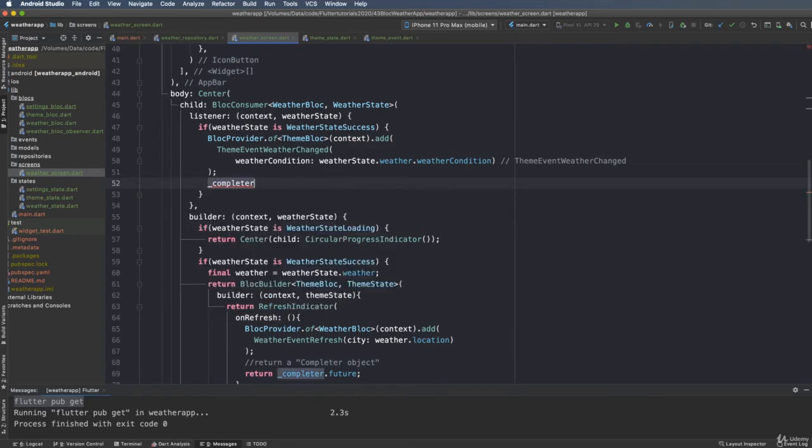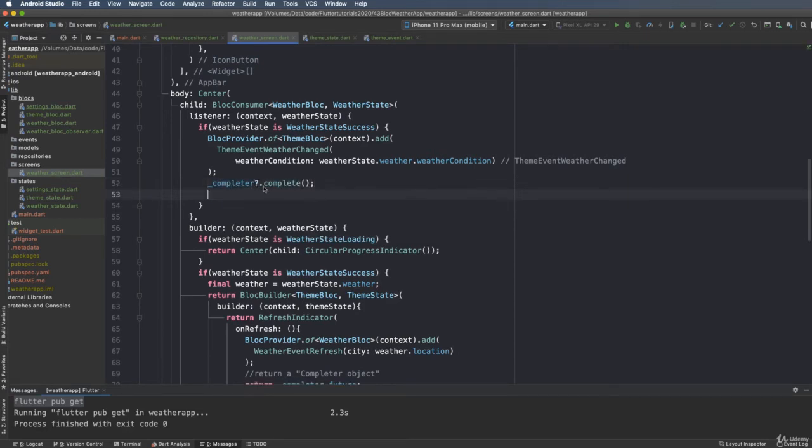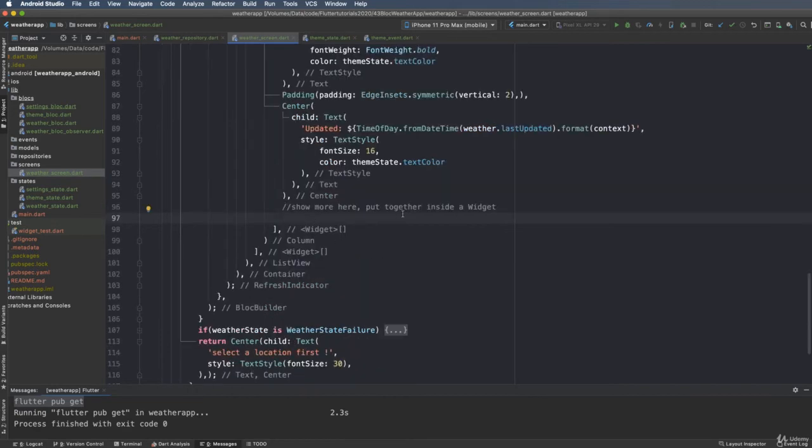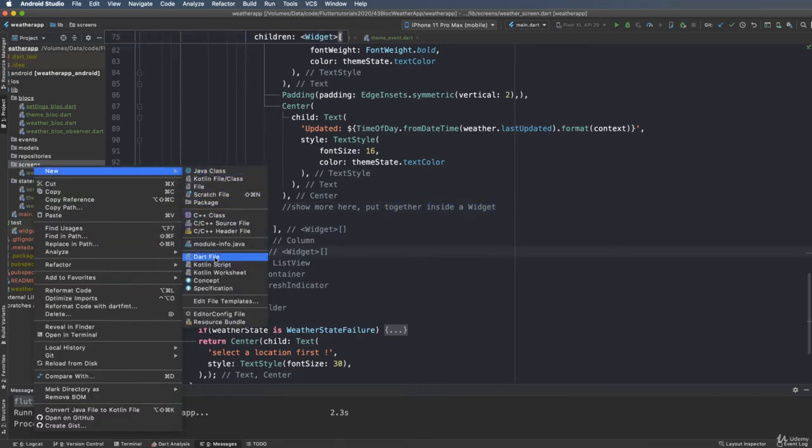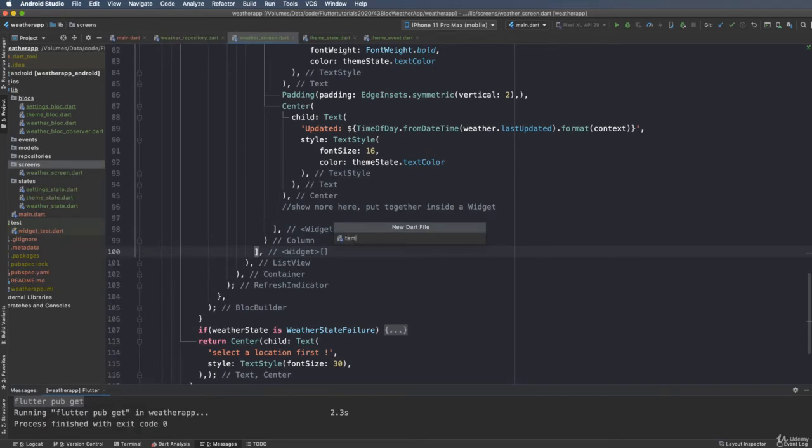So you must call the completer dot complete here, and then you must call it optionally. This is optional means that when the completer is null, this line does not crash and does not throw any exception. So below this line, I can put it together inside a widget. So you define a widget: you create a Dart file and